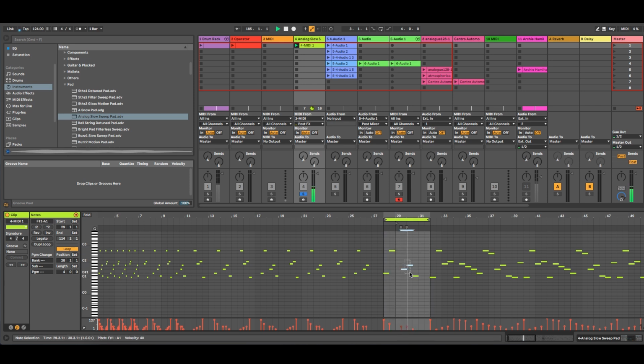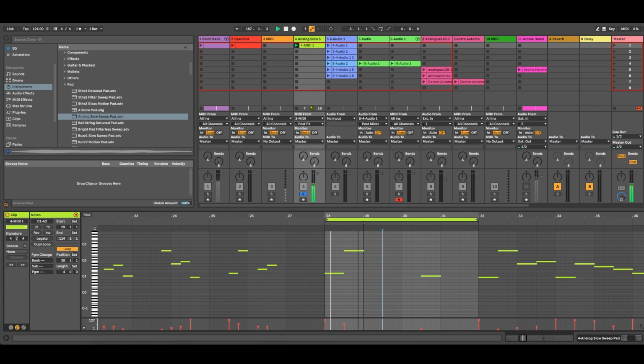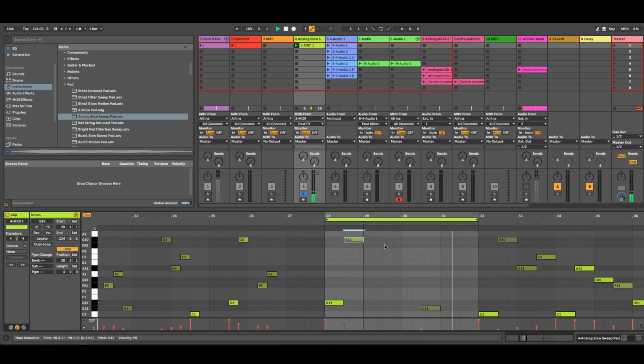This too. No. So I'm gonna come here, fold it so that I stay with the notes.